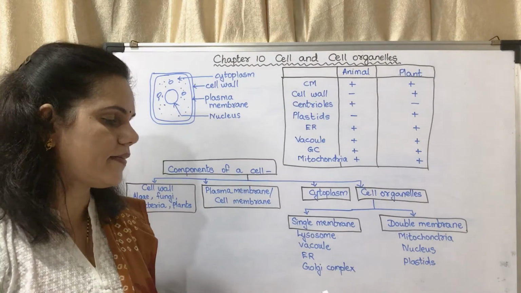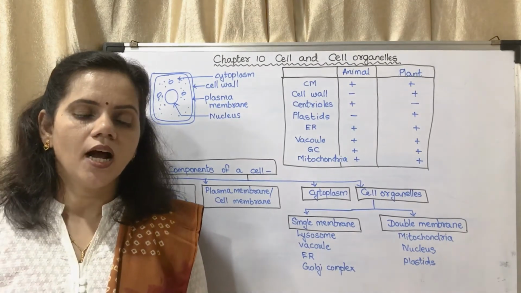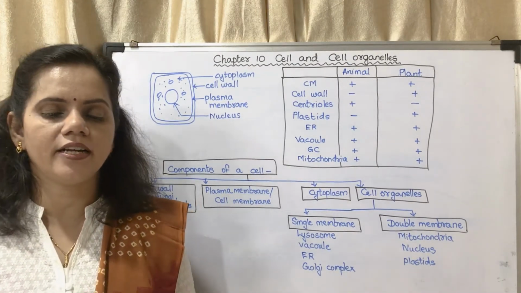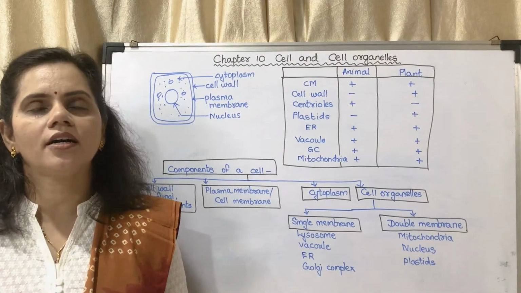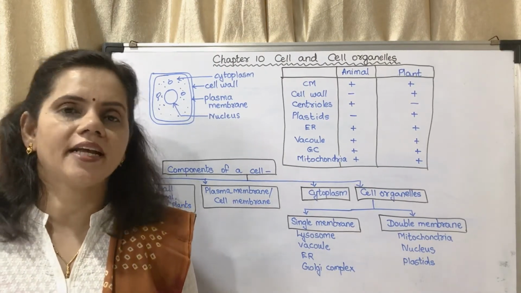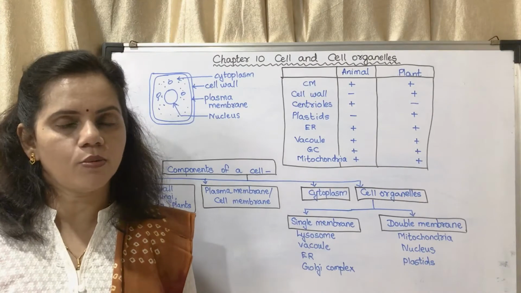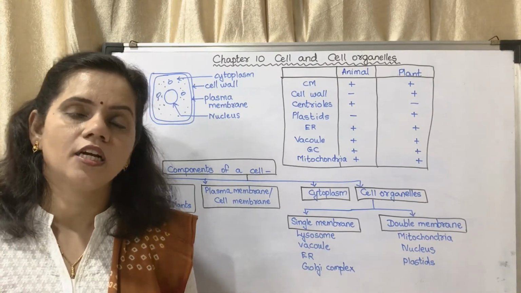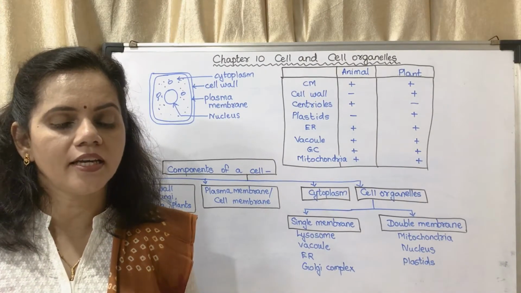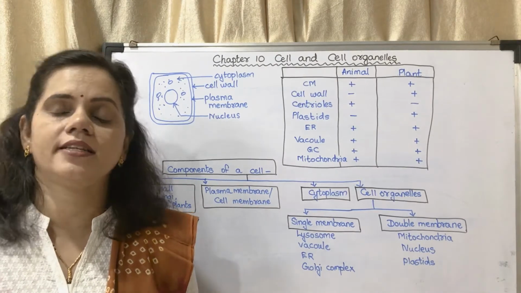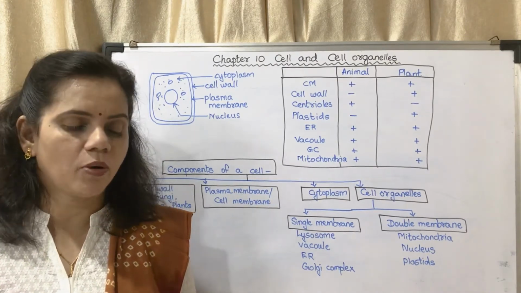Okay, page 67. Can you recall the question? How many types of cells are found in living organisms? In living organisms, there are actually many types of cells. For example, in our body, we have muscle cells, nerve cells, neurons, nephrons. There are different types of cells in our body.